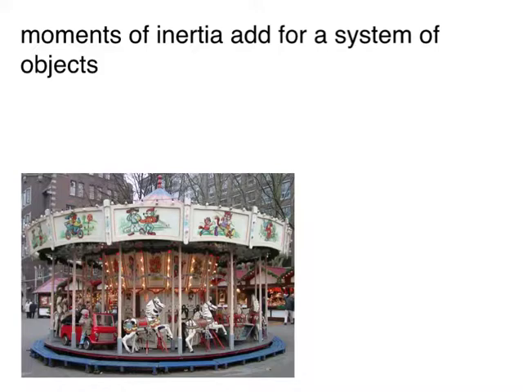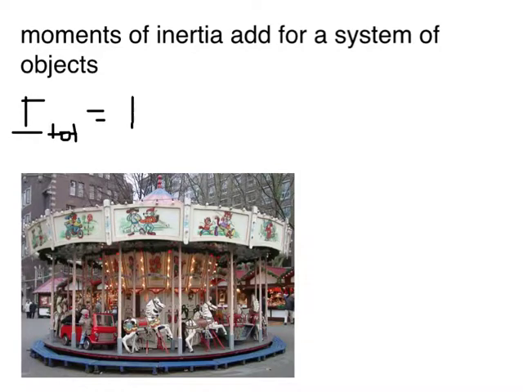Moments of inertia add for a system of objects. In the real world, we often don't have simple balls or barbells with just two masses. Instead, we have more complicated objects. An example that I chose is this carousel. So to find the moment of inertia for this carousel, we would actually add up the various objects' moments of inertia. So the total moment of inertia here